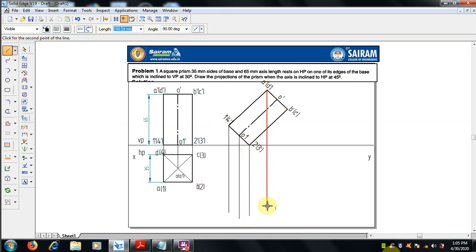Project from each corner point and the axis. Now from this top view of the initial position, let me first draw the base 1 1 2, where it meets the 2 dash.